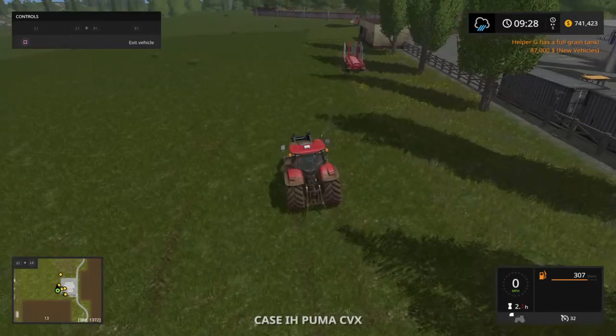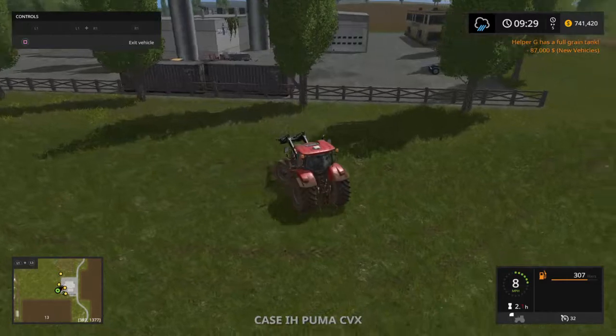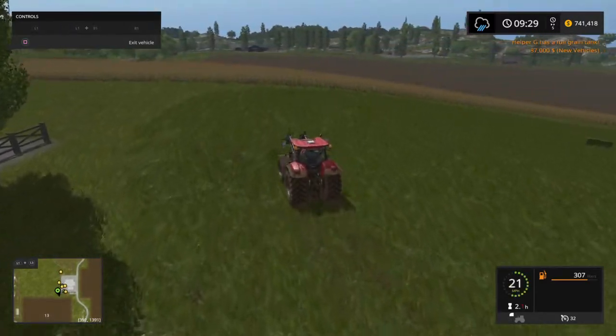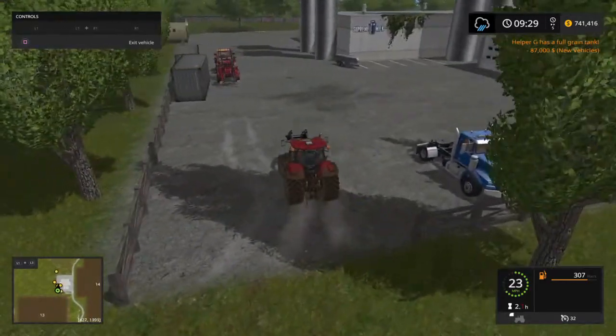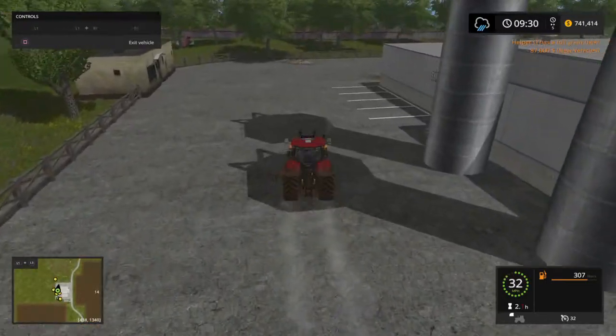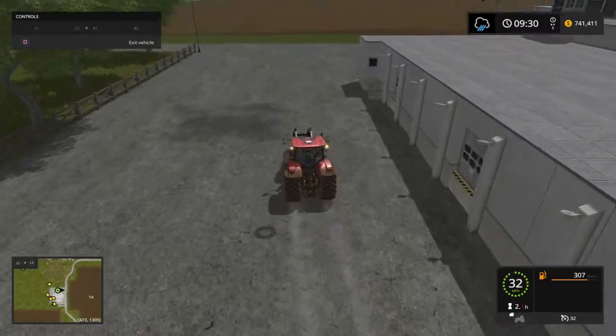All right. Oh, we'll take this one. Yeah, we just bought an overload wagon. I'll do it that way. I'll do it the traditional way. I had overload wagons in the other one, but